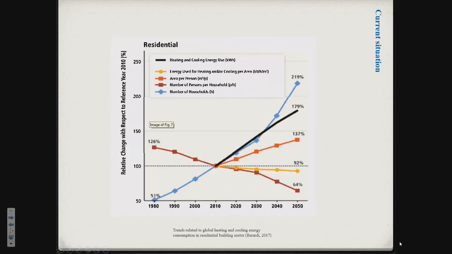And the other problem: when you look at this graph, this line shows that the energy consumption per square meter around the world is reducing. However,